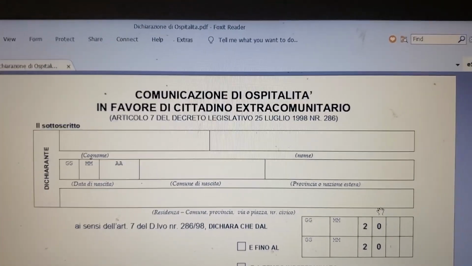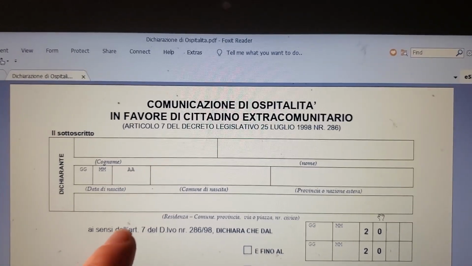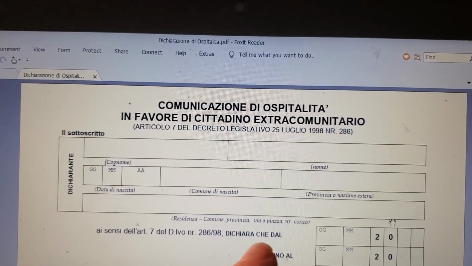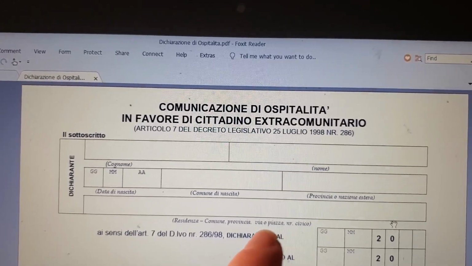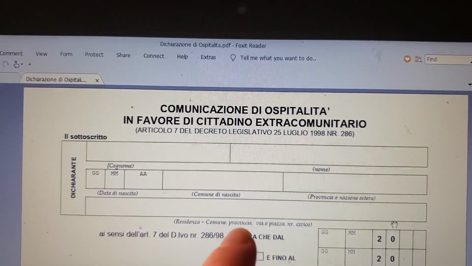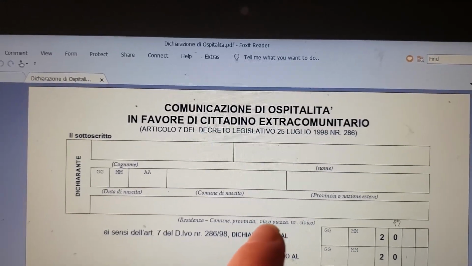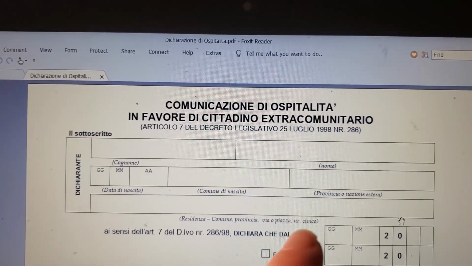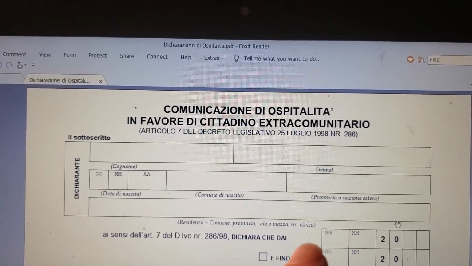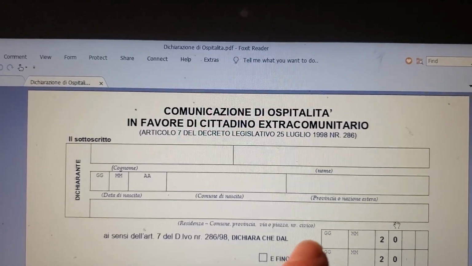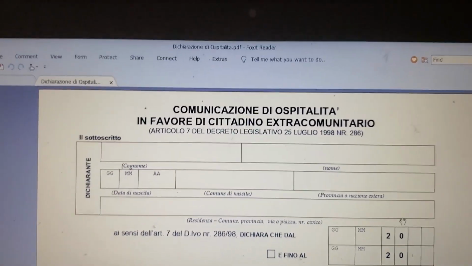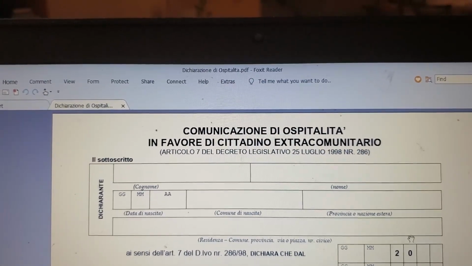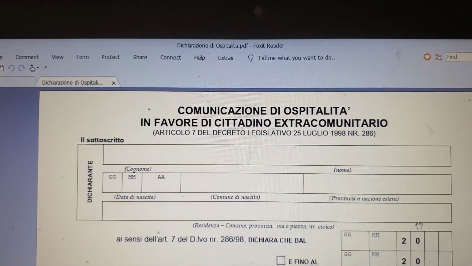Then the city or comune of their residenza, their residency, then the provincia, and then via o piazza, the street or square, and then numero civico. I don't know if that's a postal number or just the number of the house on the street. I think that's what it is.